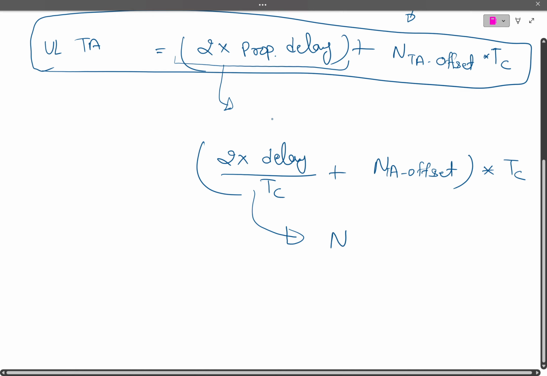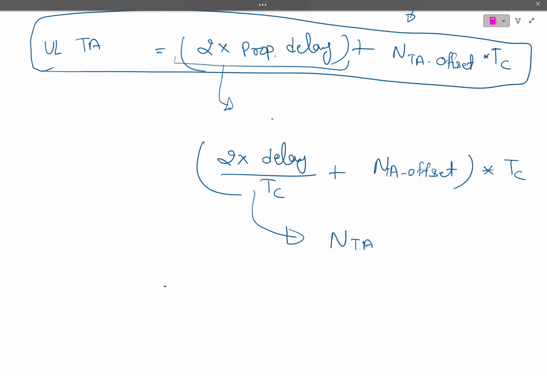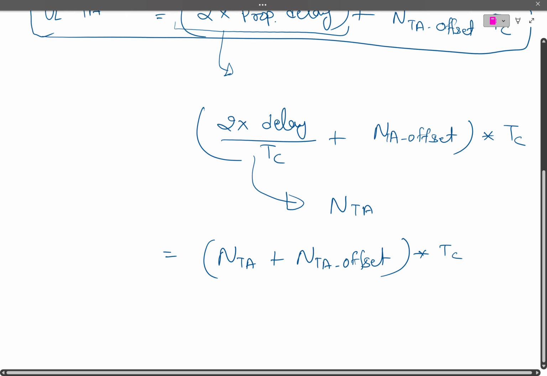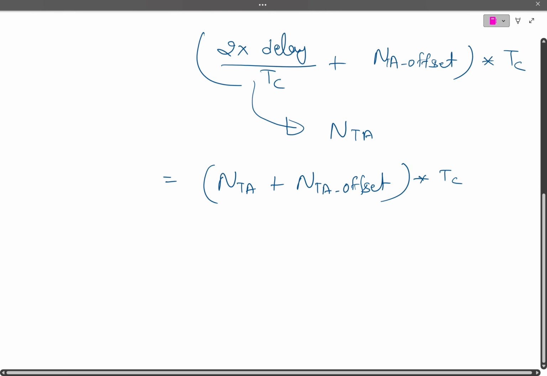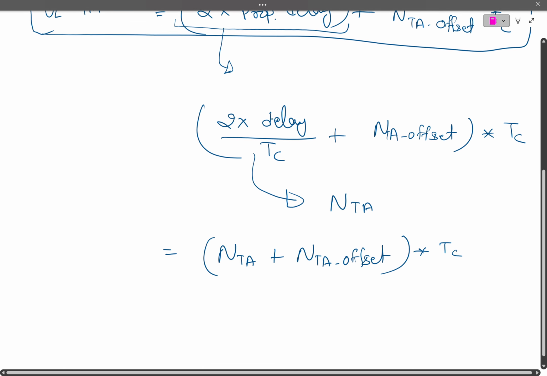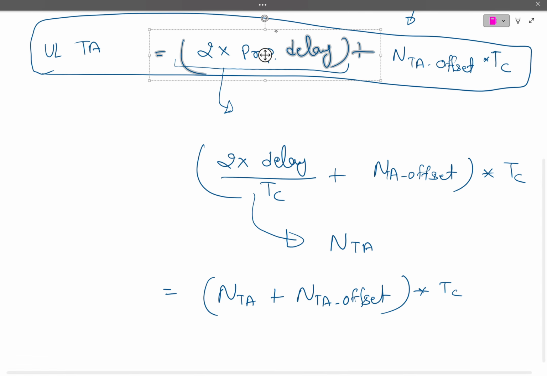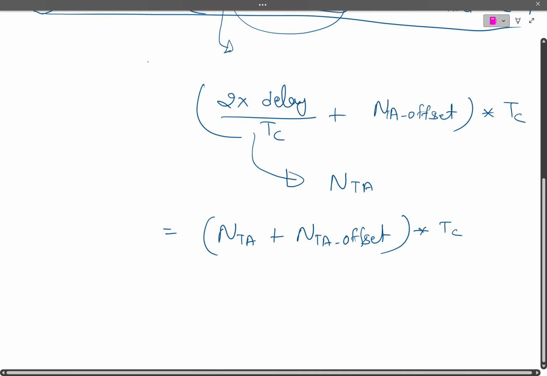Now this particular number, I am going to call N_TA. So it becomes N_TA plus N_TA offset multiplied by Tc. Okay, so the gNodeB will calculate this propagation delay based on the PRACH signal